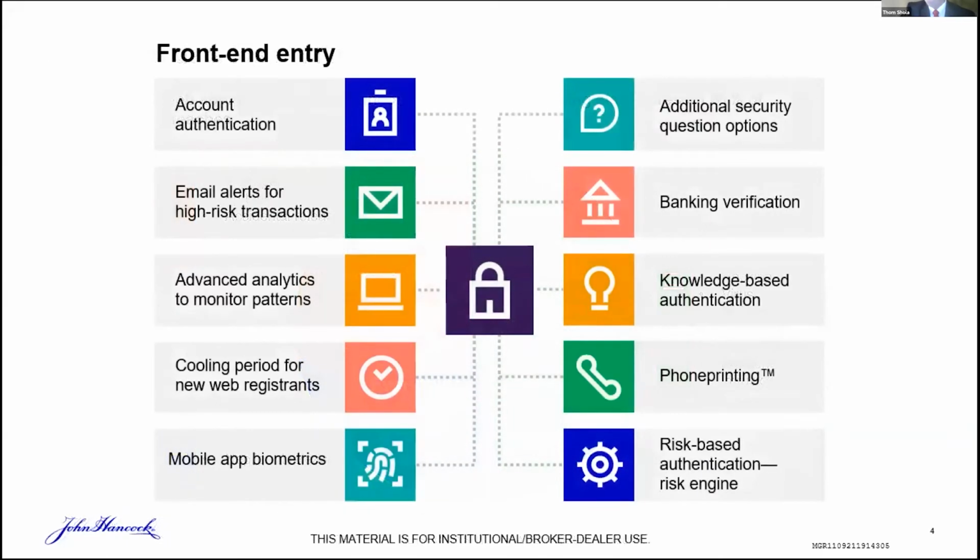So front-end security. Let's look at various ways you can get into an account. The account authentication, we covered all the password and login credentials. Making sure that there's some type of email alert or notification through text or SMS on high-risk transactions. In the old days, high-risk transactions were typically financial transactions. Now, as the fraudsters are setting the pace, those financial transactions are not just the high risk. They're saying, I'm taking over your account. I'm going to change your phone number.